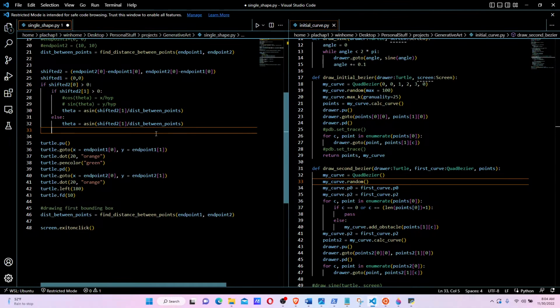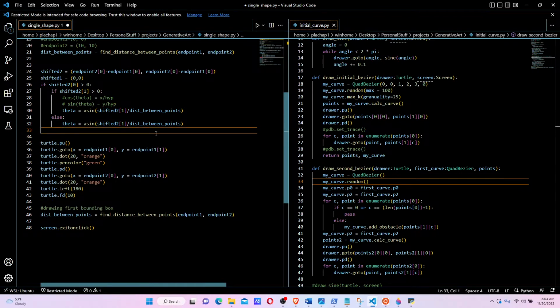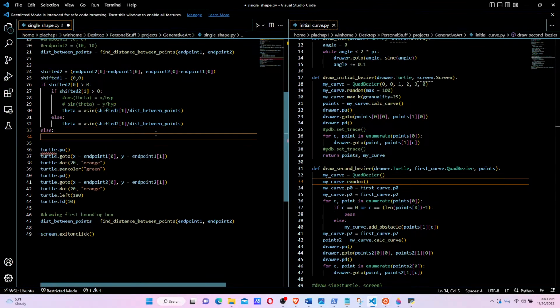So if it's in the first quadrant, that's what to do. Else, not else if, just else. Oops, wrong place. If x is less than 0, theta, so if x is greater than 0 to this,